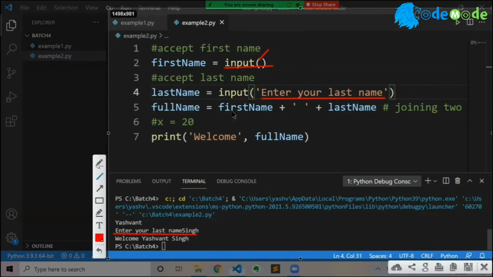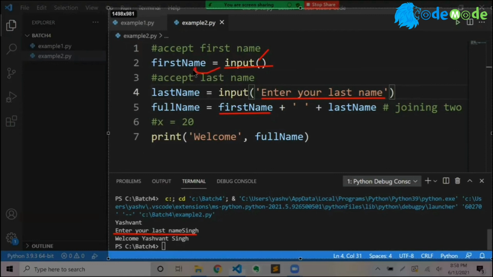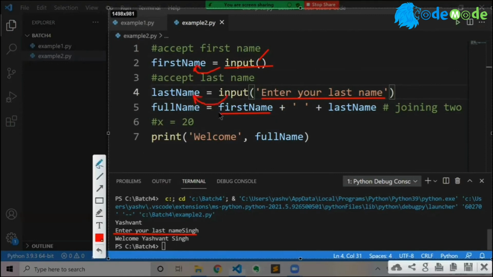And then finally I took the value the user entered, because this value was stored in this variable, and similarly this value went here. And then finally, on line number 5, Python knows my first name and last name. I also wanted to print with some space. I have to give this explicitly.